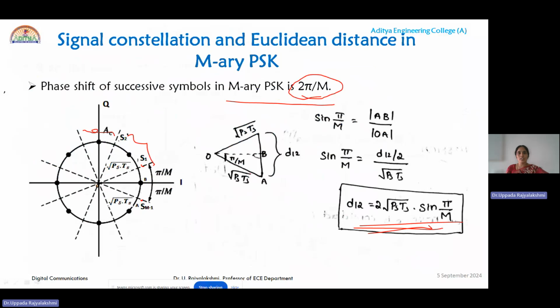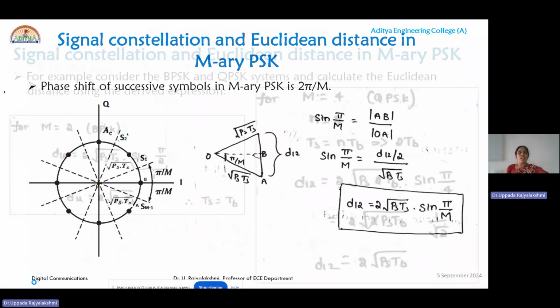let us evaluate the Euclidean distance. Let us consider the distance between the two points A and B, D12, where D12 is the Euclidean distance. So from the figure, sine(pi by M) is equal to D12 by 2, because we are taking only the distance between A and B. So AB by OA, it will be D12 by 2 divided by the distance between O and A. It is root(E_S). So that's why 2 root(E_S) sine(pi by M) is the Euclidean distance for M-ary